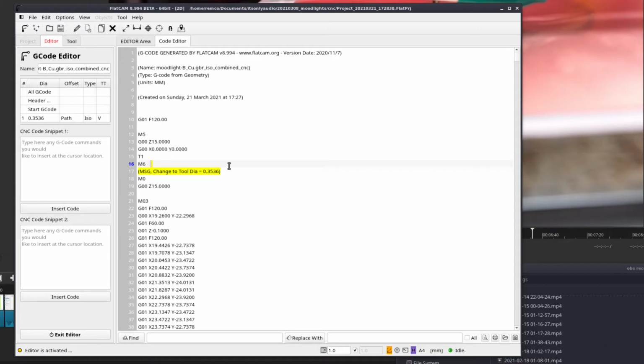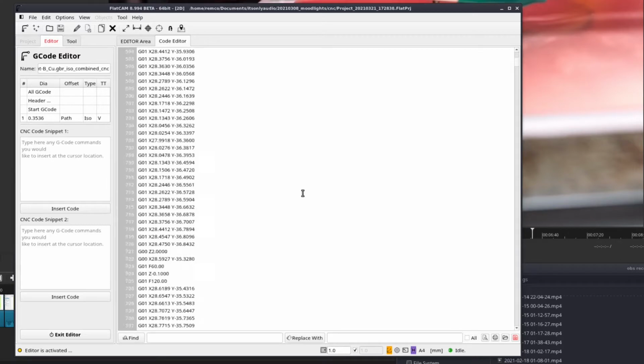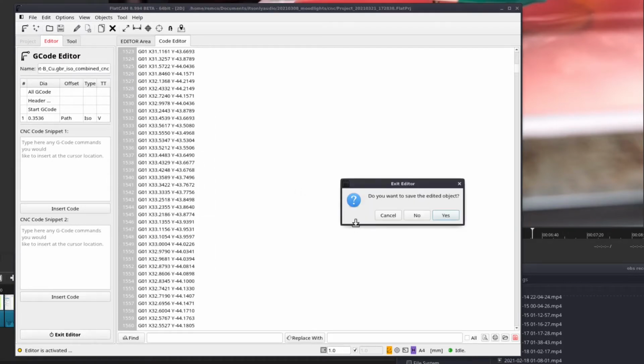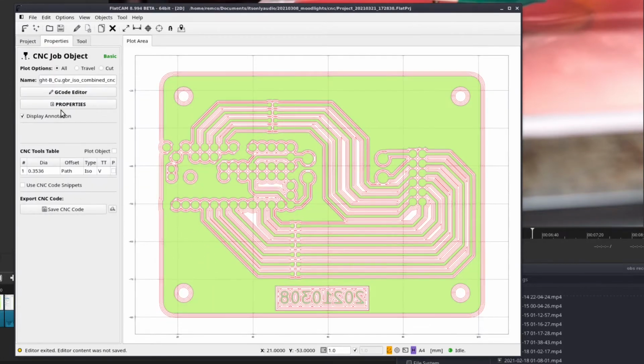Now, our CNC machine doesn't have a tool changer. So when you tell it to change the tool, which is apparently go home and deliver the tool to a holder and grab another tool, the CNC 3018 just goes, what? And stops. And the rest of your G-code, which means the rest of your routing, is not going to happen. So you don't want M6 commands in your CNC object. And therefore,